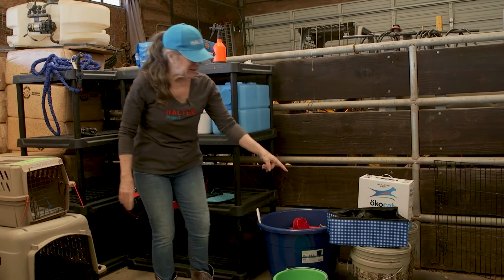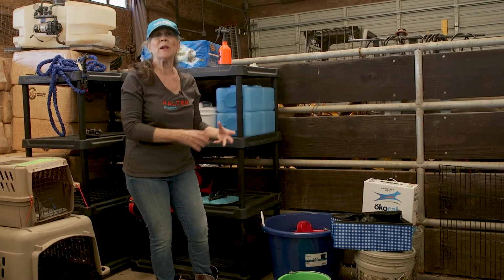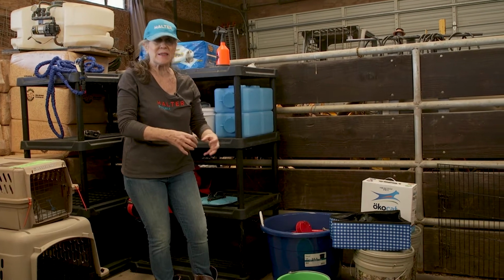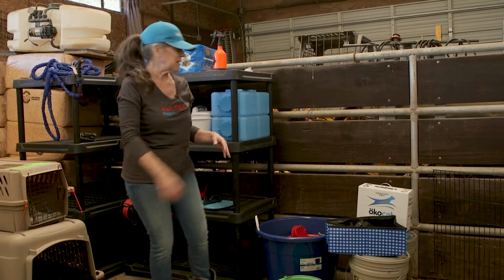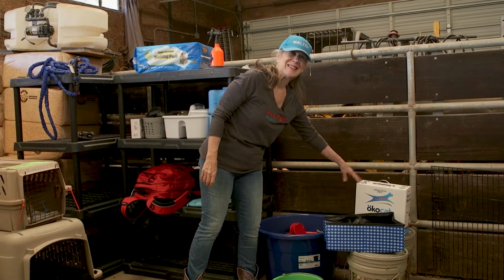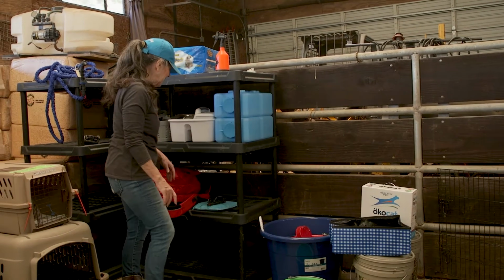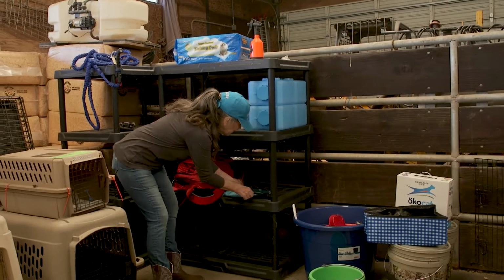It's really a good idea to keep some 5-gallon buckets with good screw-on lids. It's a great way to transport your food and keep it safe. Also, extra cat litter. Carrying a box or a bag around is a little bit dicey. These things can break apart. So having an extra bucket is a super idea. Let's see. Also with my pet equipment,